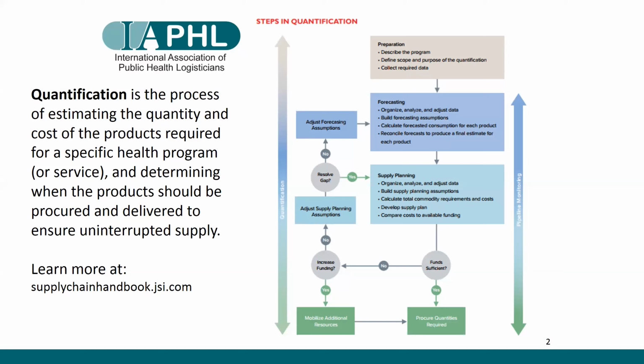Forecasting then informs the stage of supply planning, which is where we take those expected requirements and use them to decide the quantities to actually be ordered and when those shipment orders should be placed to ensure that uninterrupted supply. So for example, forecasting might tell me that I should expect my health centers to use 1,095 masks over the next 6 months. And based on that, a supply plan would tell me that I need to order 2 shipments of X and Y amounts in order to keep the right amount of masks in stock during that time.